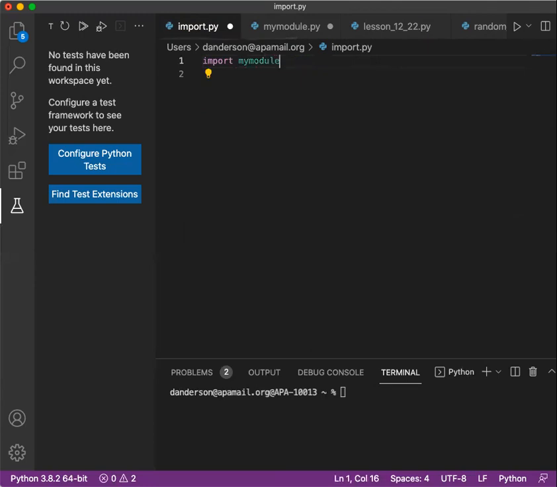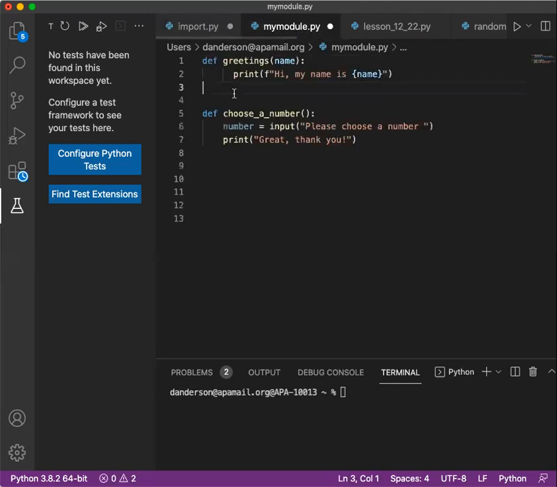So now I don't put my module.py here. Don't do that. Just put my module. But you do have to realize your module here has to be saved as a .py file or it won't import it. Okay, now if I want to run this greetings,